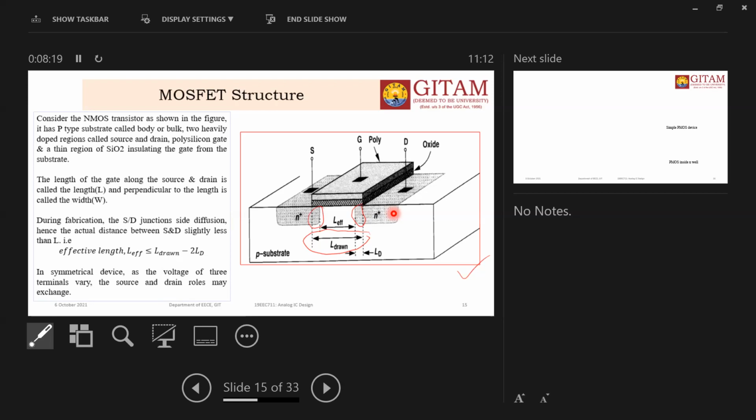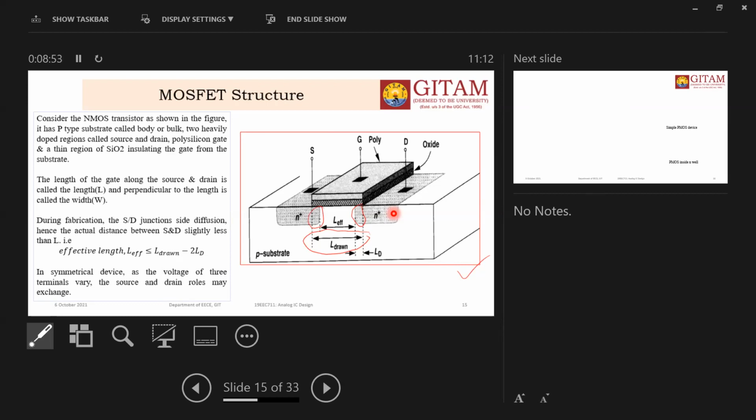Suppose you take a three-terminal transistor. You have three sections: the emitter, the base, and the collector. There is a difference in the doping levels of each layer, so can the collector act as an emitter? No. The emitter is heavily doped, the base is lightly doped, and the collector is moderately doped. So there is no question of interchanging the terminals.